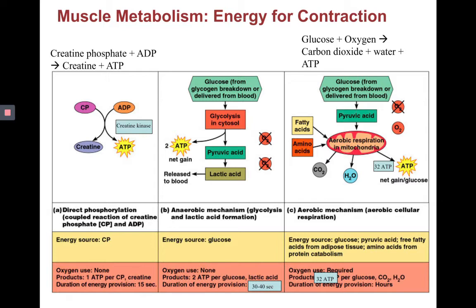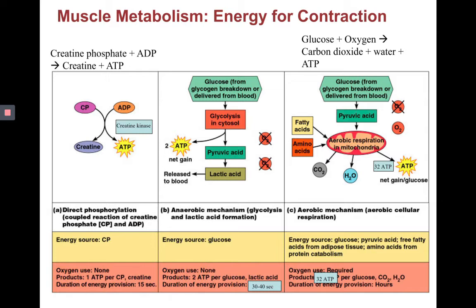So why don't we just use this mechanism? It creates tons of energy compared to direct phosphorylation or the anaerobic mechanism. The reason or negative to aerobic cellular respiration is it takes hours. Now cells still use this because it creates so much ATP, but if we need quick energy, if oxygen cannot get to muscle cells, say you're exercising and your knees are bent because you're running, so there's not readily available oxygen to the muscles of your calf immediately or always, then there'll be a little bit of anaerobic or direct